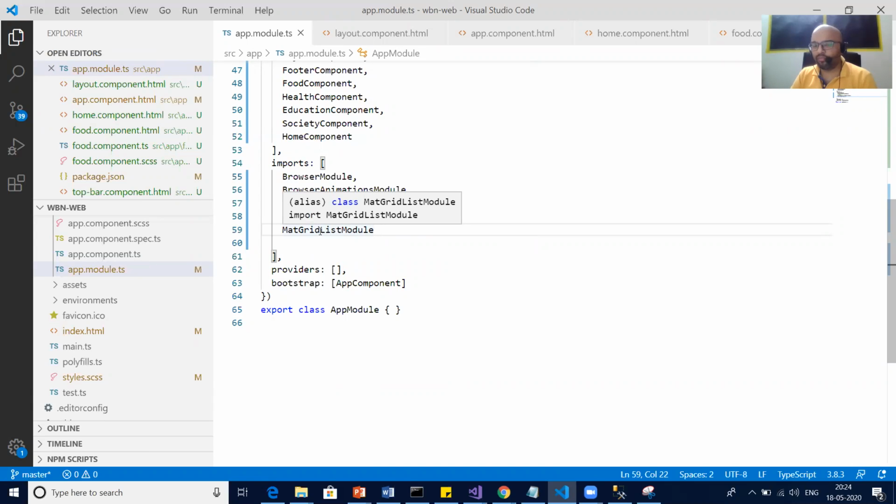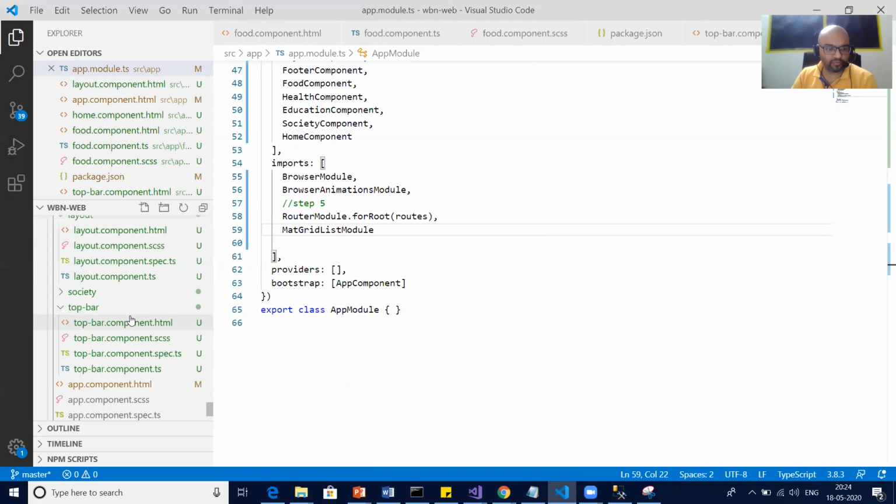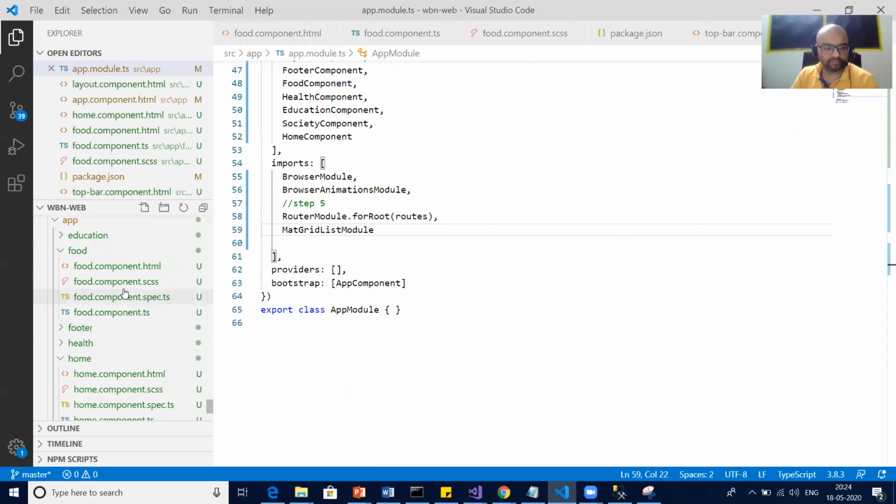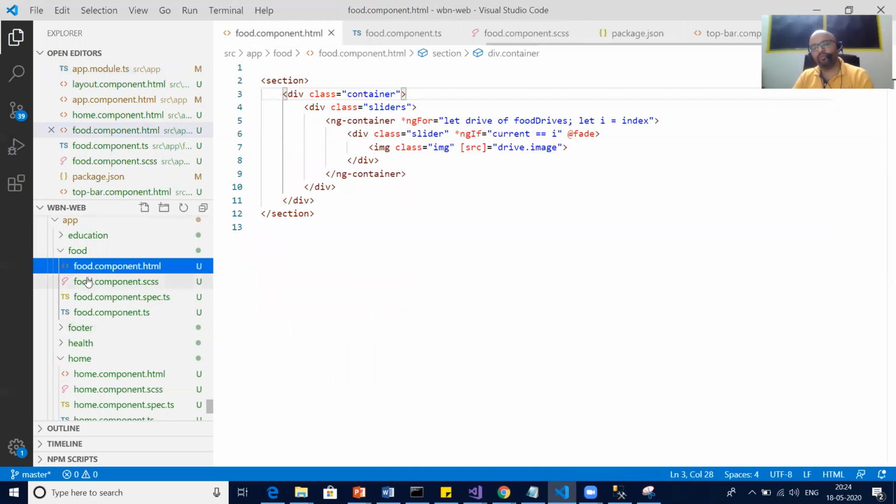So whatever functionality you want to call from this mat grid list module, you can call it, which means I can now go to my food page and start using the material grid.